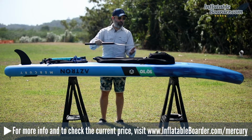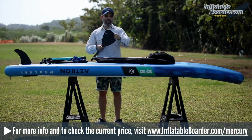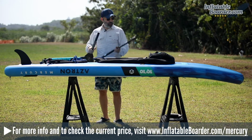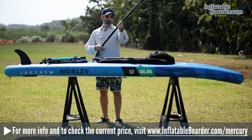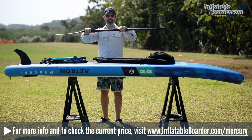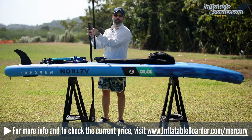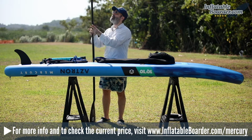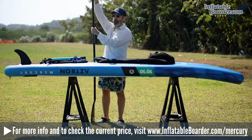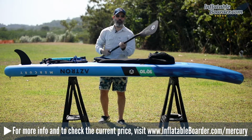Now let's talk about the included paddle. This paddle has a black finished aluminum shaft to it and a durable, rigid nylon blade. To assemble the paddle, all you do is simply slide the bottom two pieces together, depress the locking pin, and slide it into place until it locks. Then you simply take the top, open up the locking clasp, slide the top into place to your desired length and close the locking clasp, and that's all there is to it. Once that's done, it's very secure, it's a nice design, and it seems like it'll be a really reliable